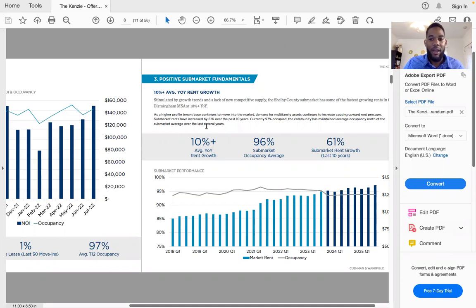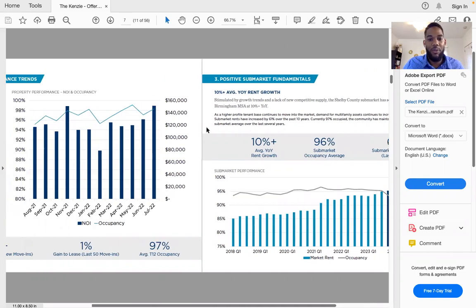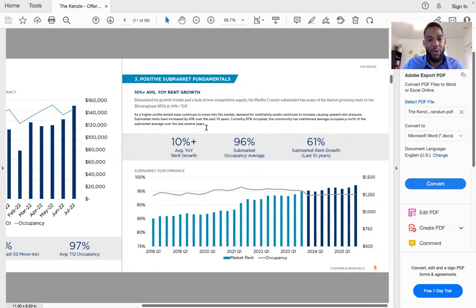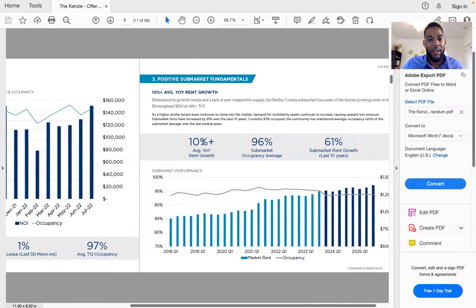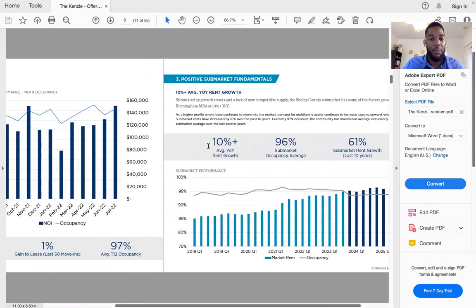So we look for questions to ask the broker, right? Charles would probably consider this one of them. Obviously this is a marketing package, so they're not going to view this the same way that we would, but I would not use this in our underwriting for a year over year rent escalator or rent growth. Typically we're doing 3 to 4%, right? The broker is saying 10%, right?